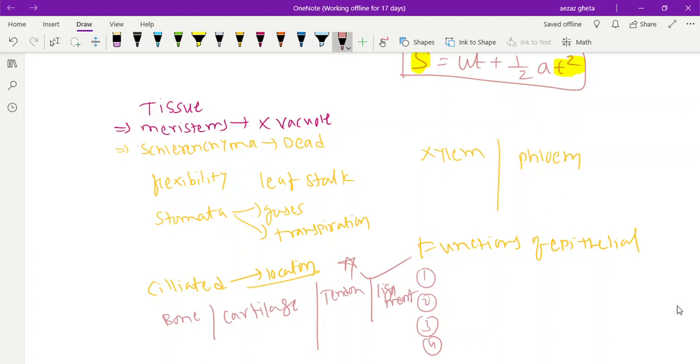It is present just below the skin. What is the function? It repairs the tissues, it fills the space, it joins skin to muscles also, and it also